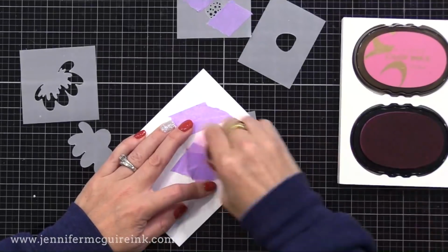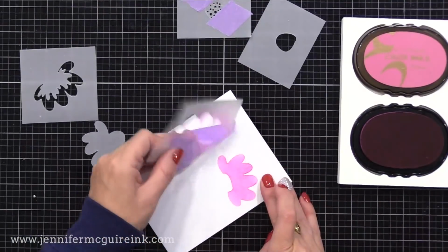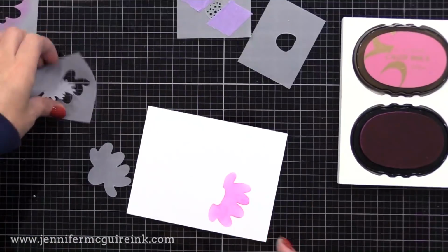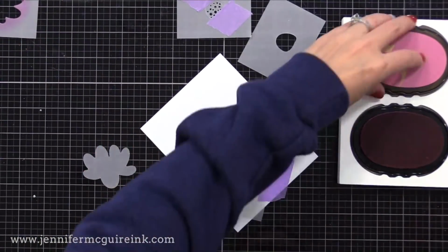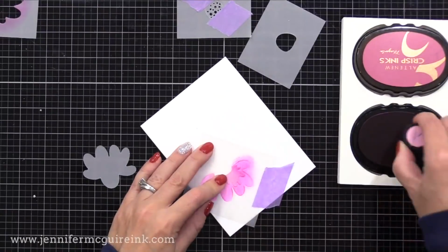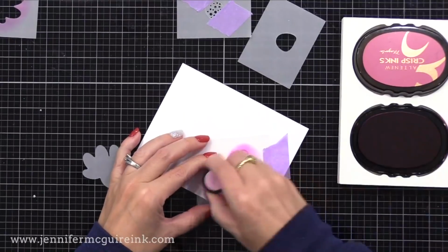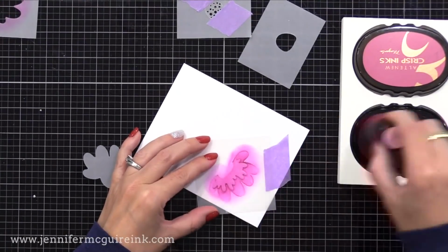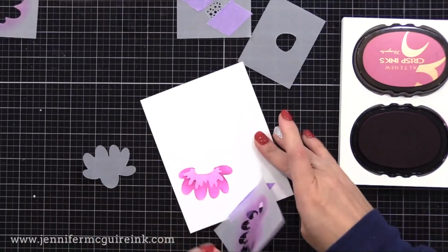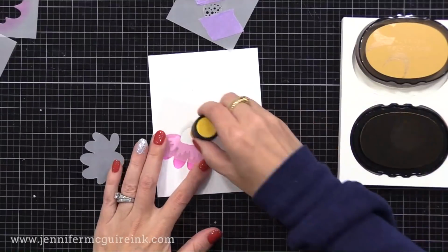So by putting the ink on light, I can be sure that I don't mess that up. And I just kind of build up that light, soft layer of color gently until I'm happy with the results. I then can remove that stencil and move on to the next layering stencil that we made with our layering dies. Now I'm using a slightly darker color of the same one, so it's just a darker pink, and applying it to that opening. You could use the same shade of pink if you want, and just put on a